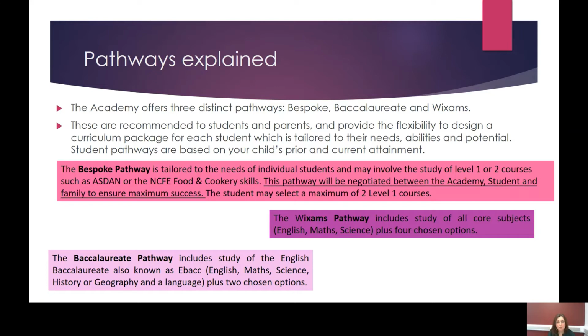Okay. So each pathway is still aspirational, and if I go through them each in turn, our bespoke pathway is tailored to the needs of individual students, and it's different because it may involve the study of some level 1 courses such as ASDAN and food and cookery. This pathway can be negotiated with the academy, the student, and the family to make sure you get maximum success. So we do make sure that you're choosing the correct subjects, and you can only have a maximum of 2 level 1 courses. We're asking you to still do a pink course,